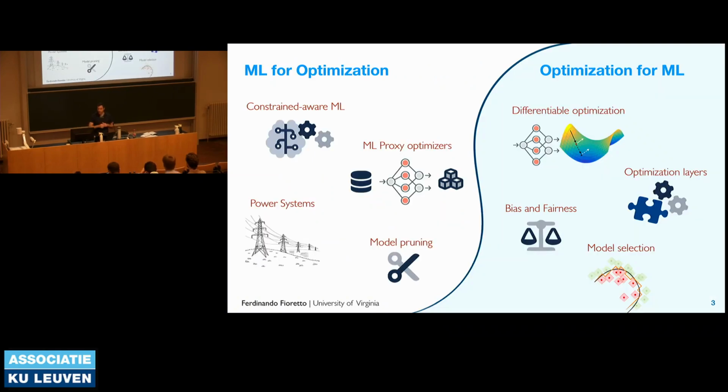More specifically, I'm going to look at basically two ways of seeing these intersections. That of using machine learning for optimization, so how do we construct those so-called proxy optimizers where we want to learn solutions of our optimization problems, as well as optimization for machine learning. So how do we build differentiable optimizers and then integrate them into learning components so that we can achieve machine learning models that do have some extra ability? They satisfy some properties in the space of hypotheses.